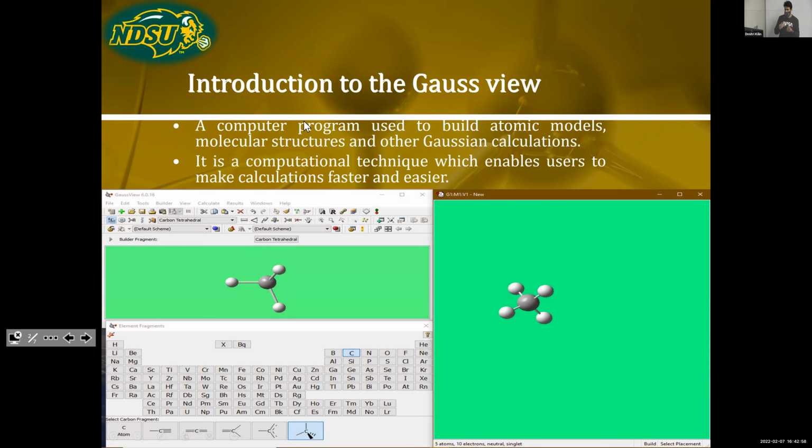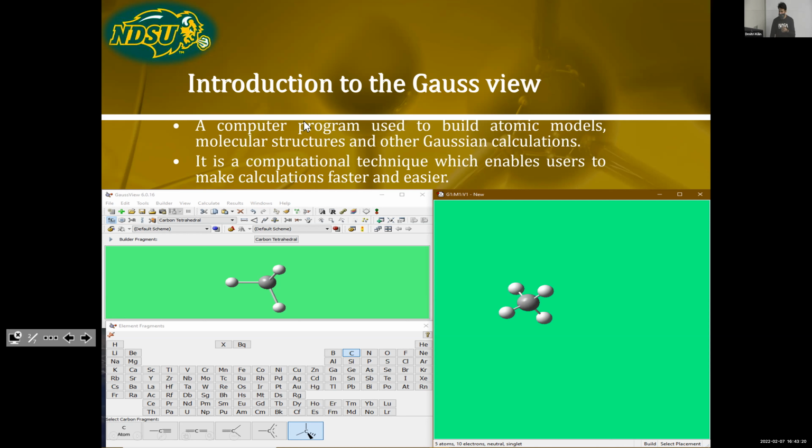So this is the basic screen of the GaussView software. Here you can see there are three screens. The right one is the view screen on which we can view the molecular fragment which we made. On the left side, we have the upper screen, which is just the basic command screen on which you can give commands.